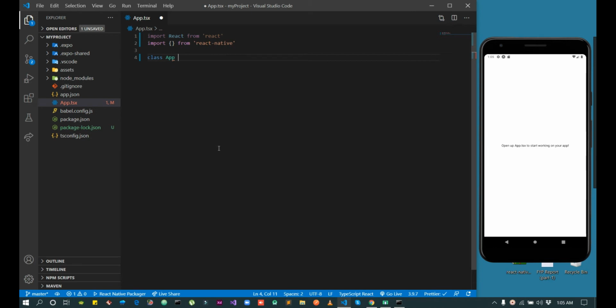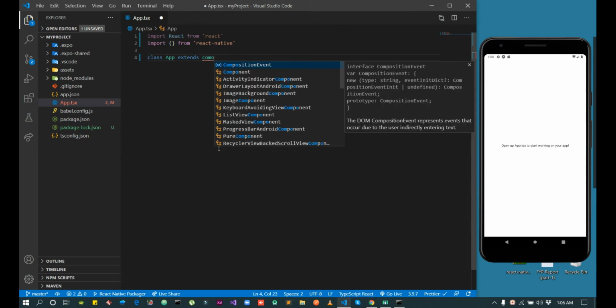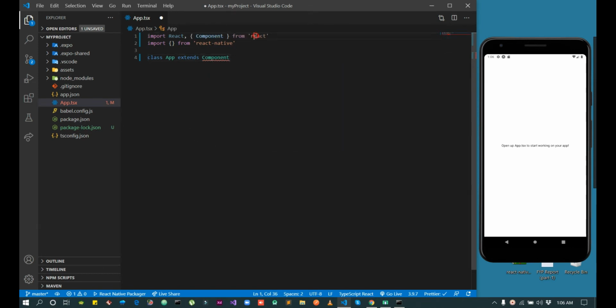I am using App, and I will extend from Component, which we are importing from React.